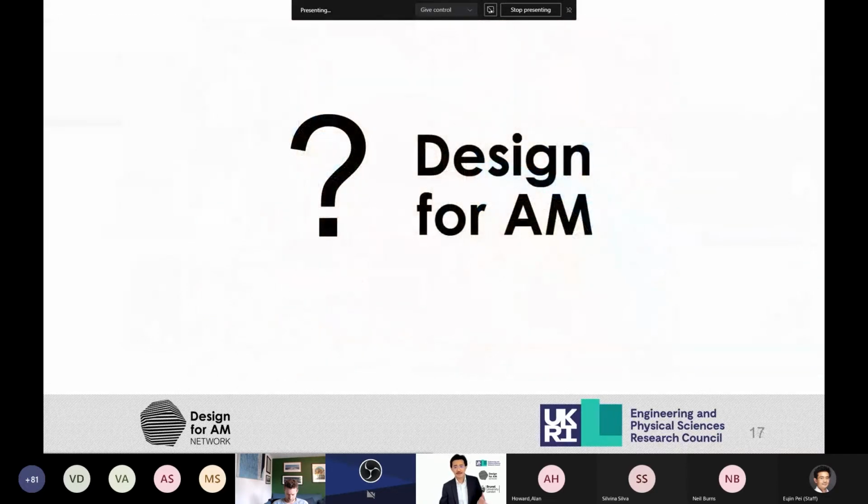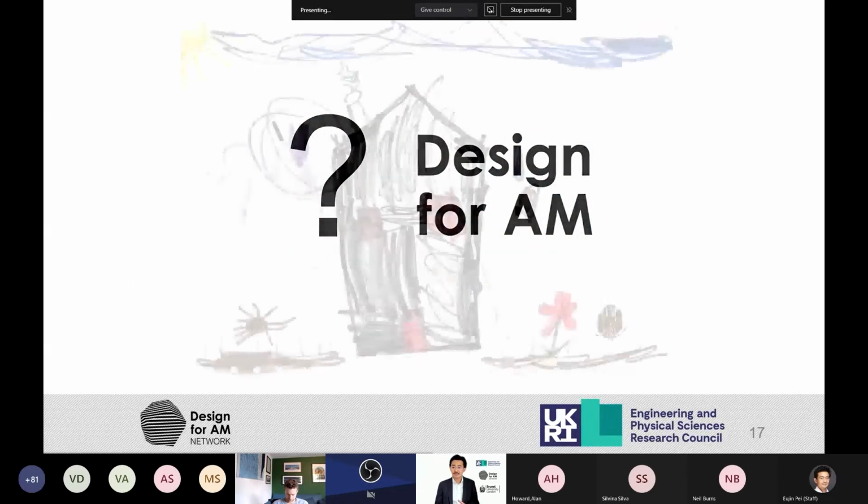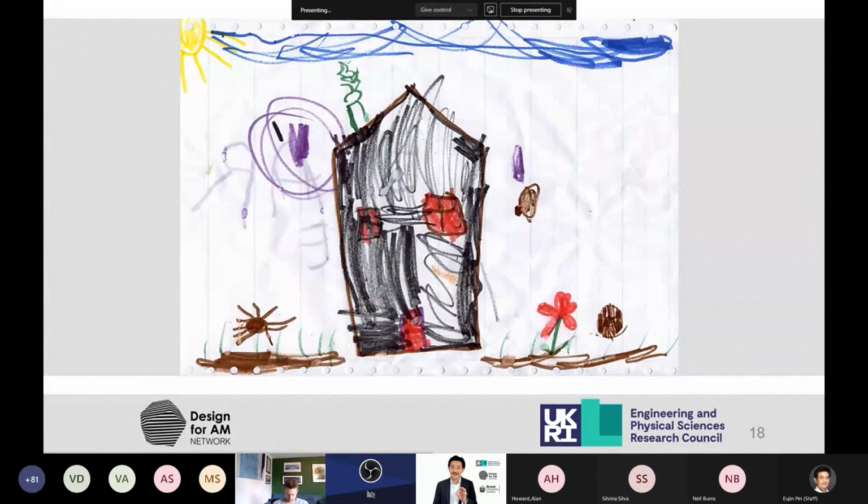What's design for AM? Today we're talking about design for additive manufacturing, and this is going to be something that's big, but we have to understand what design really means to many of us. Design could be something like a simple child's sketch, but you can see design here refers to the representation or the interpretation of something, how somebody feels about something. A child's sketch is not really accurate, right? You don't see the CAD modeling coming through. The proportion of the house or the flowers doesn't make sense, but this is still part of being able to be creative in design.